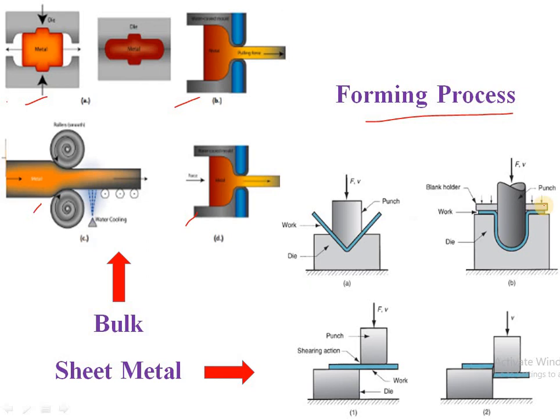Then here you can say it is a U bending. So here this diagram shows you the shearing process, in which the punch axis and die axis do not match. They are at a certain distance. So this is the forming process. Now they are classified into 2, bulk and sheet metal, based on the raw material that is used. So now in my second video, we'll be discussing in detail the bulk deformation process or bulk forming process, and that is nothing but your detail unit 2.